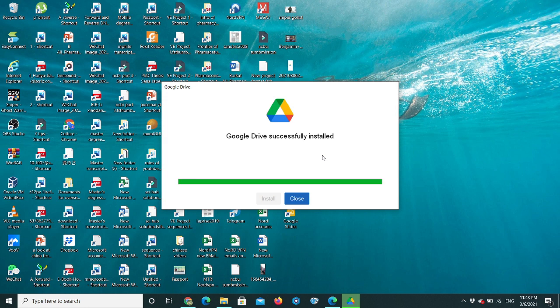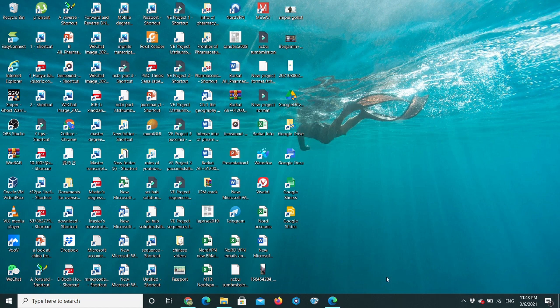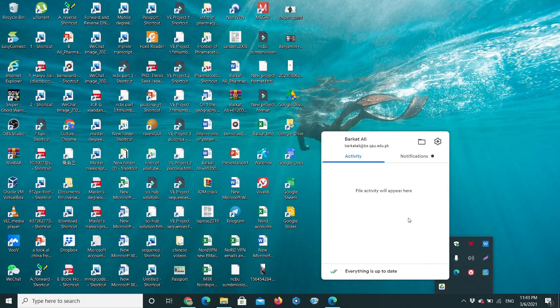Close it. So go to your notification area, and here you can see Google Drive. If you click on it, it will open the notification area where you can see your account, activity, and notifications. File activity will appear here. Okay, so if you click on this folder,